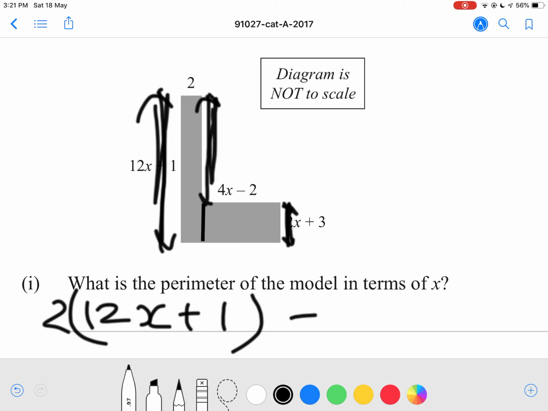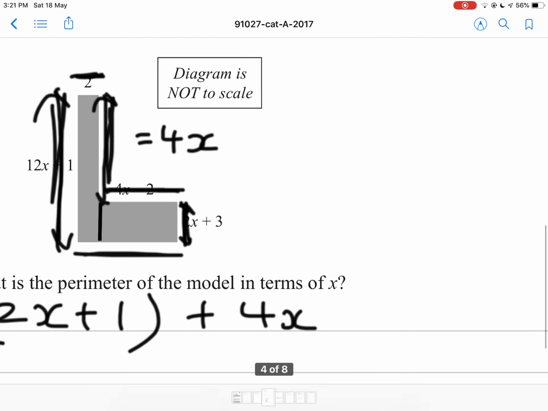And then we also have to add 2 and 4x minus 2. So 4x minus 2 plus 2, the minus 2 and the 2 cancel out, that just becomes 4x. So this plus this is equal to 4x. And you know that this length plus this length is equal to this entire length. So you can say plus 4x,